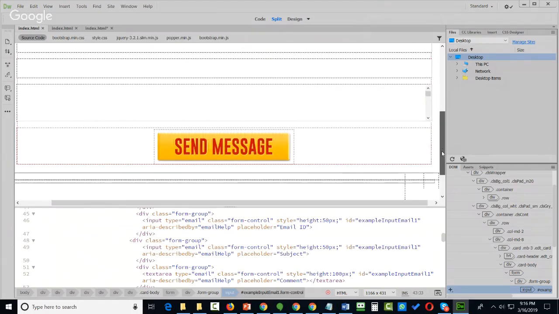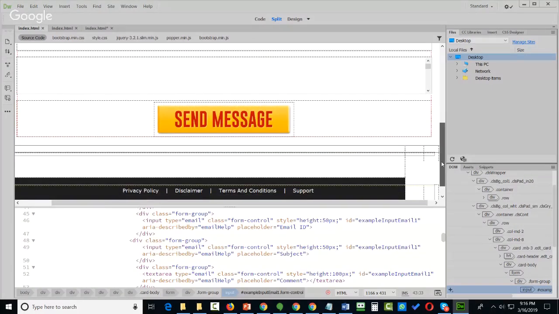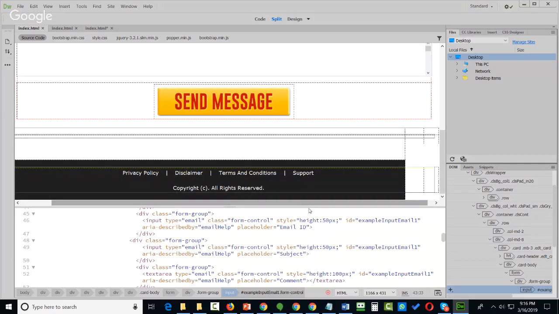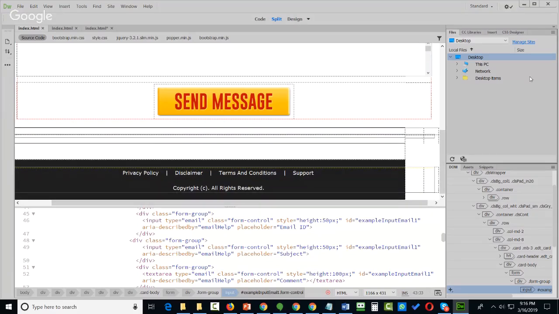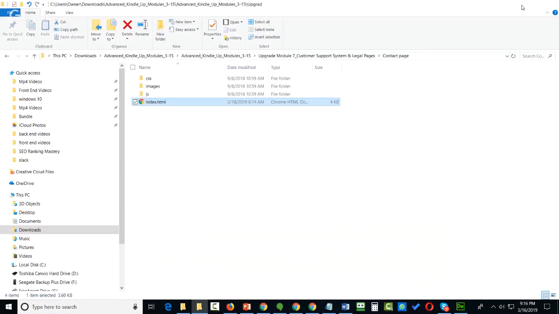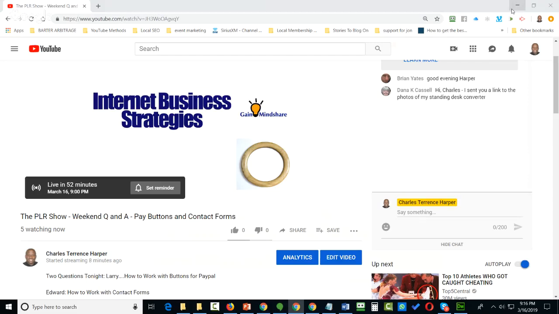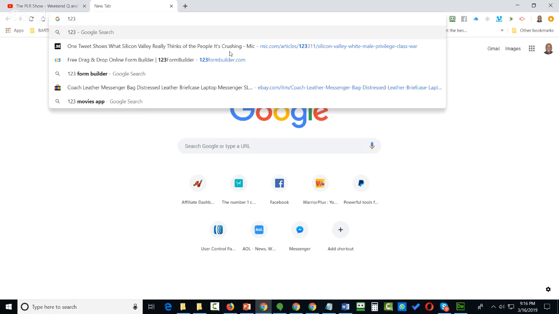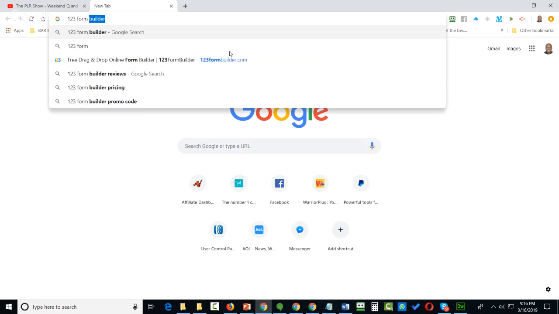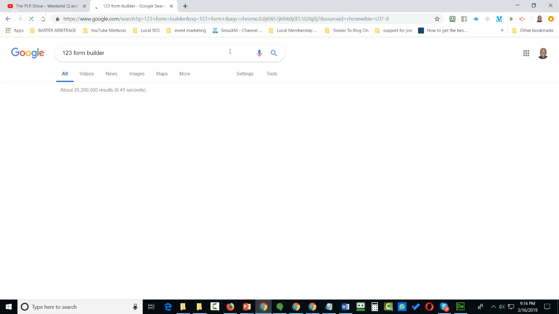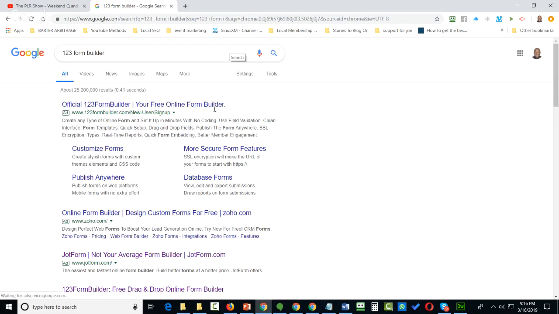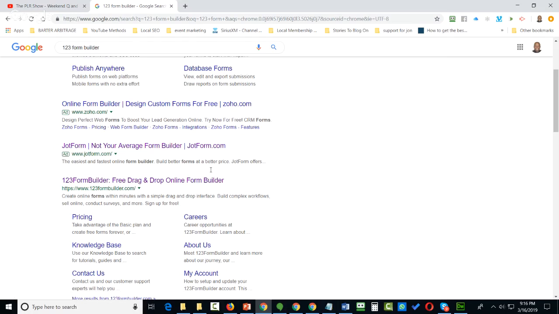I wouldn't try to write JavaScript code. Now obviously you're going to put all your privacy and disclaimer, you're going to change all that, but there's a tool available, and I think it's free, called 123 Form Builder, right? So let's just type in 123 form builder, and it's a drag and drop online form builder. So I'm going to open up this area,